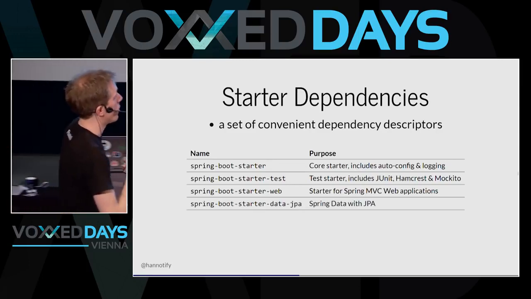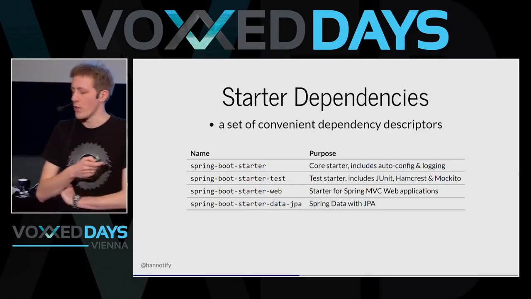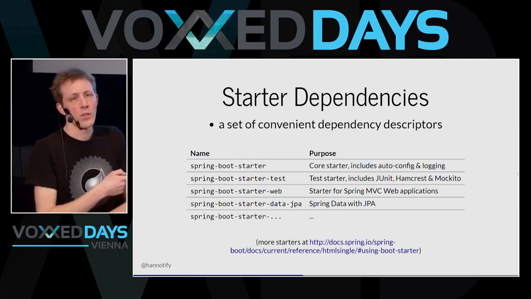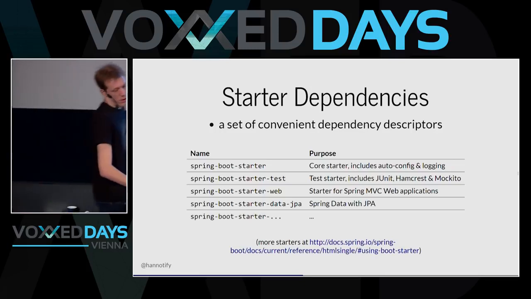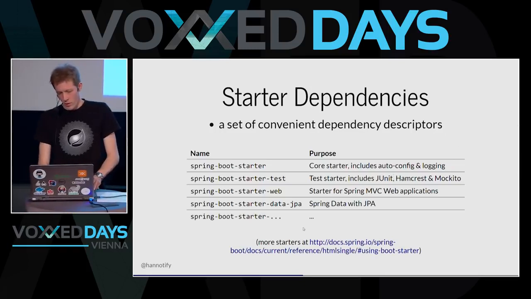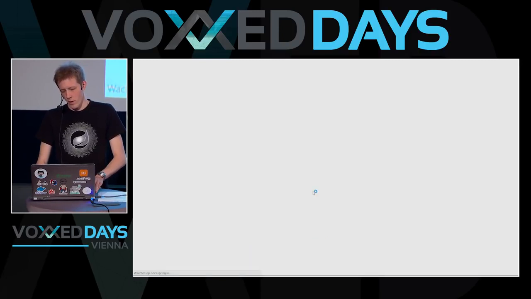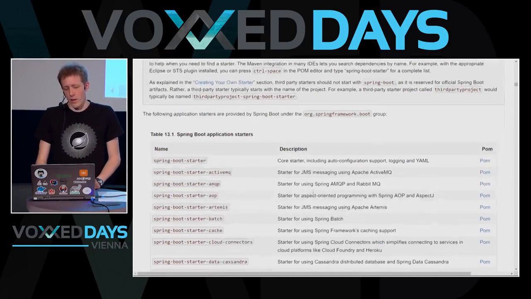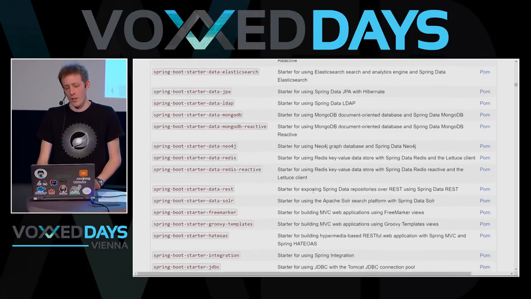There's one for JPA for Spring Data, and there are all kinds of variants that support Spring Data with all kinds of different implementations, so I'm not going to list them all here. But there's quite a good list. If I follow this link, you can get an idea of all the starters that are available. It's a very long list, and this is a good thing because there's lots to choose from.